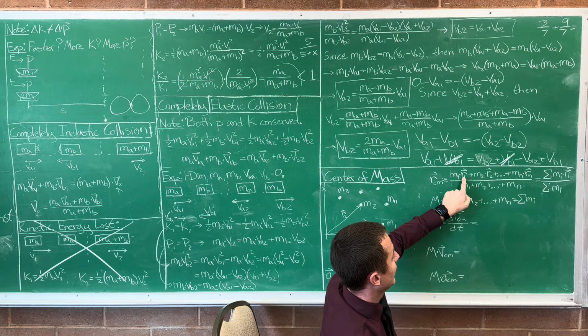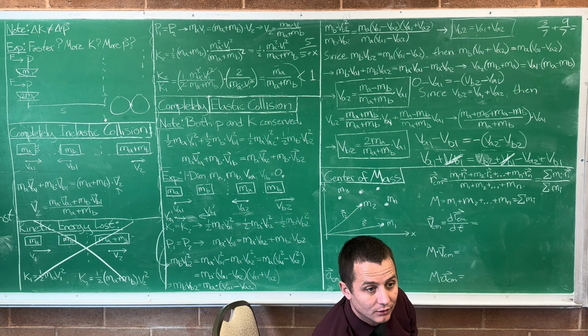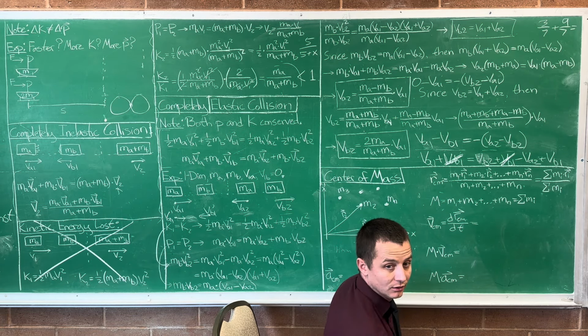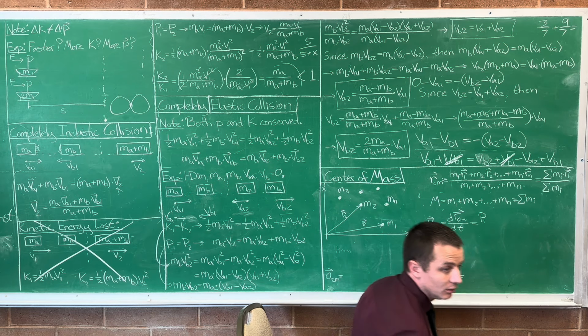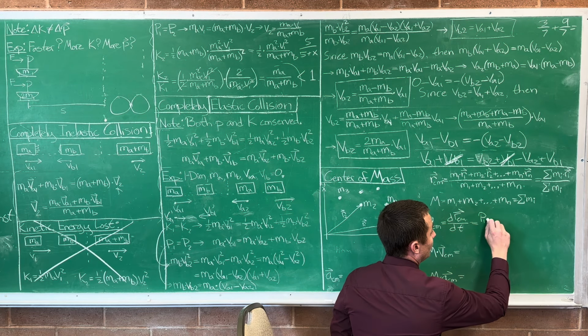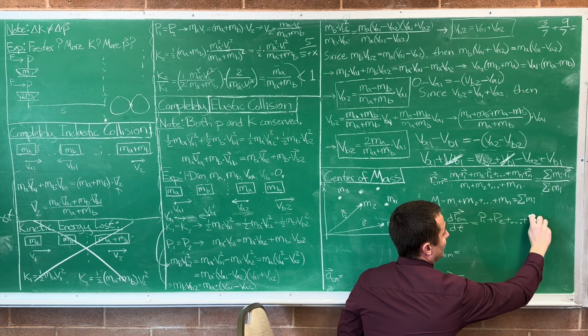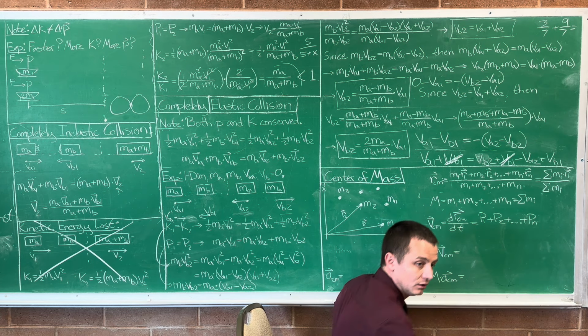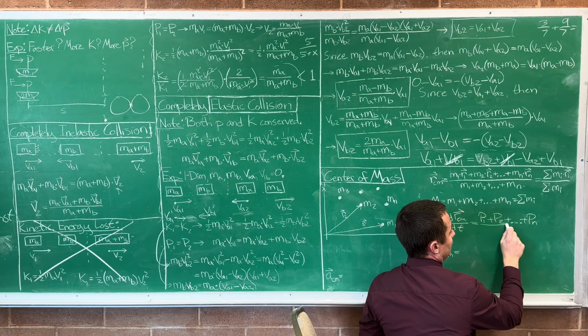It's going to be m1 times v1 when we take its derivative. What's m1 times v1? That's the momentum of object 1. Plus the momentum of object 2, plus the momentum of object n, all over